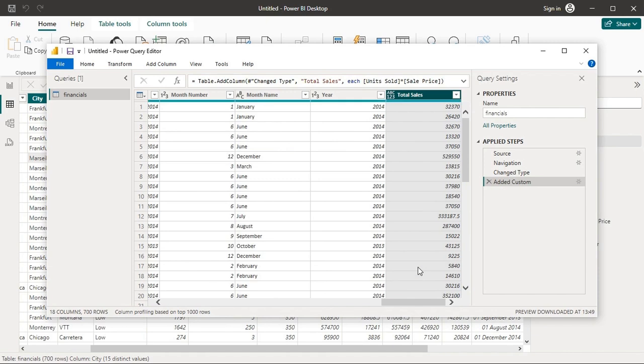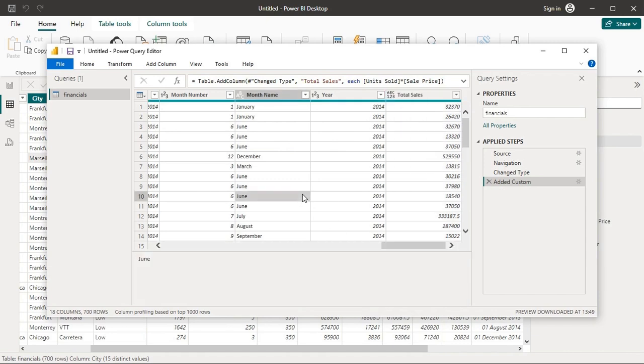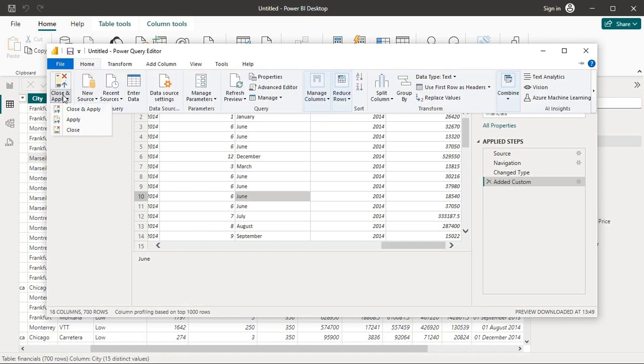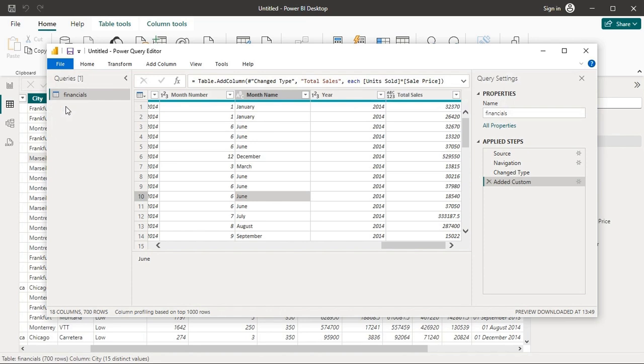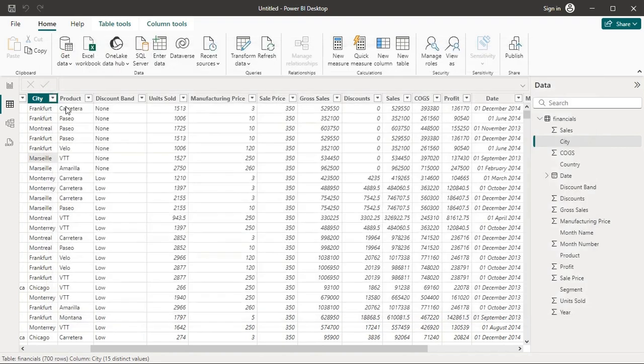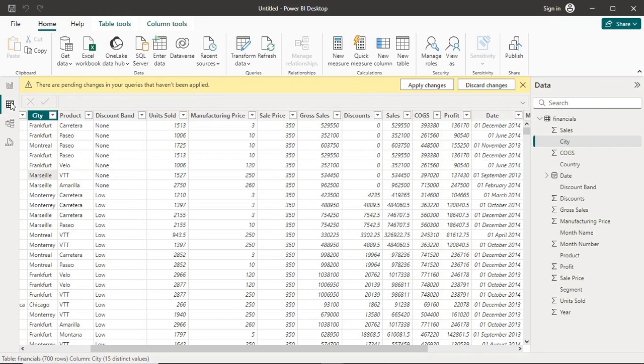Once you are done, click close and apply under the home tab. This will apply the changes and take you back to the main view.